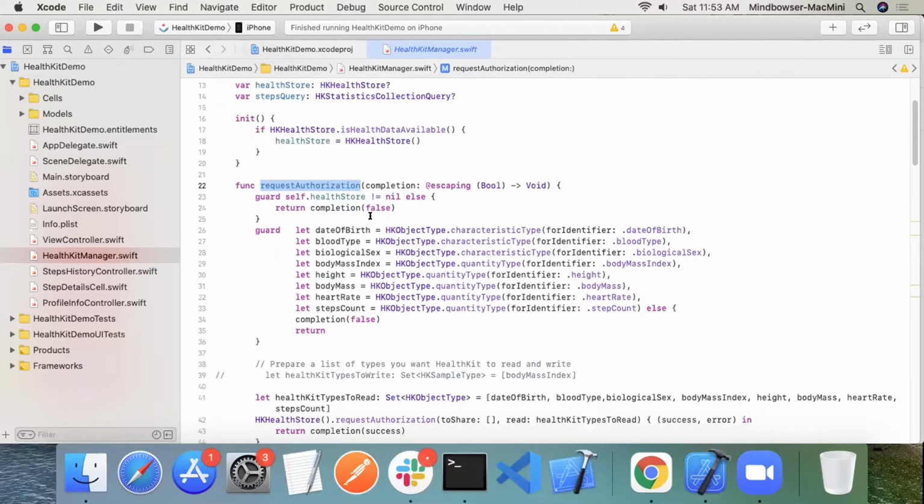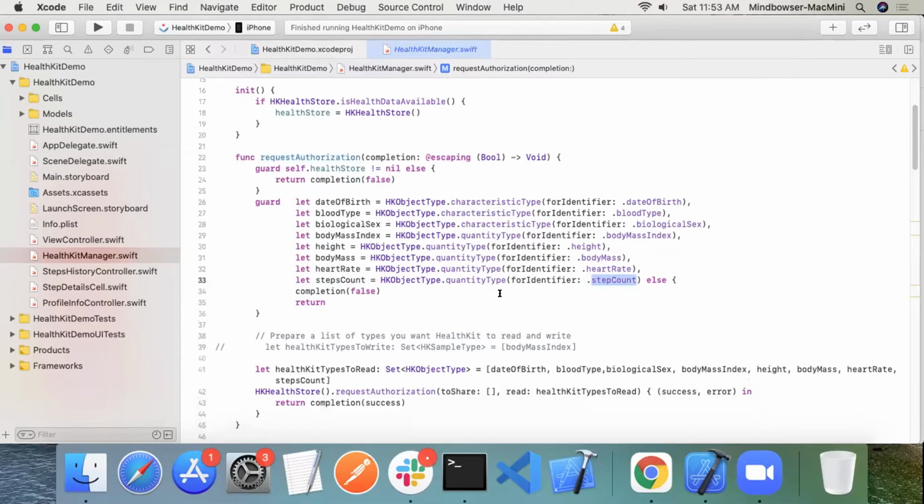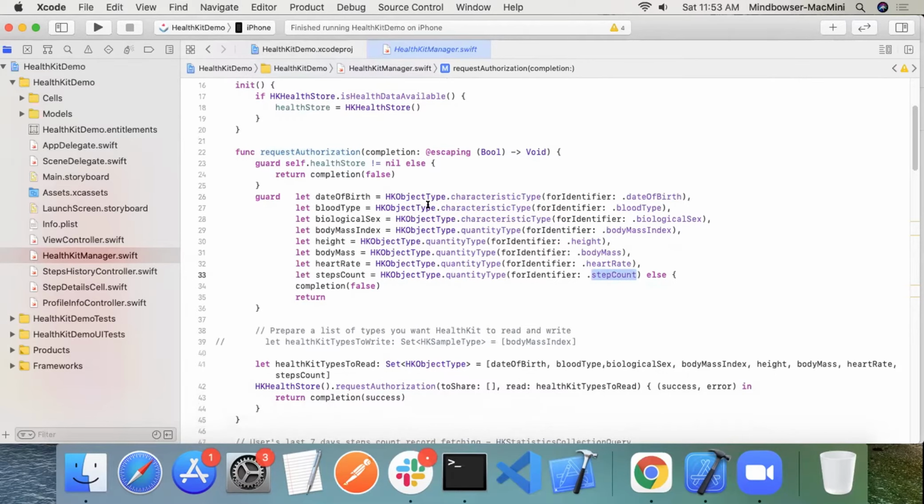Then we have different types of identifiers we use to get the data. So we use here date of birth, blood type, biological sex, body mass index, height, heart rate, step count, like that. So whatever data we need to read, we need to add the identifier for it. So here is the HKObjectType. HKObjectType is basically the superclass: all the objects in the HealthKit store are subclasses of HKObjectType. Example,